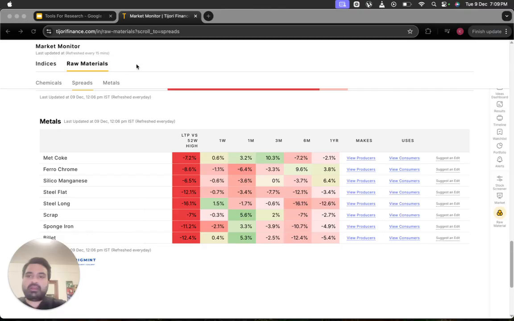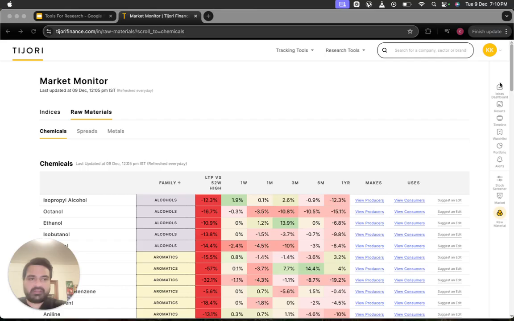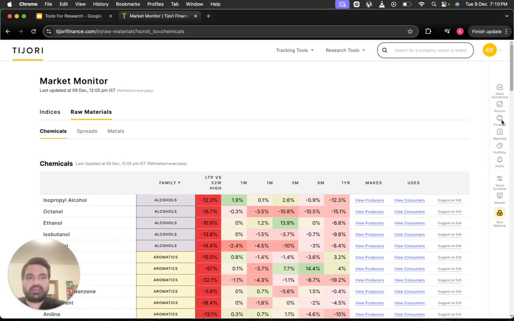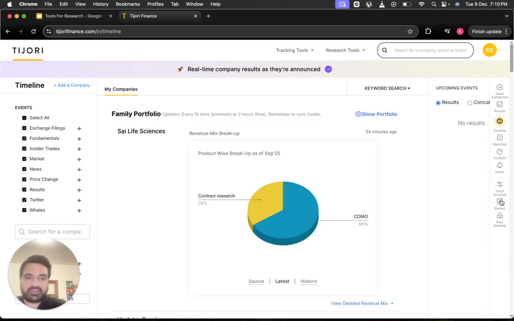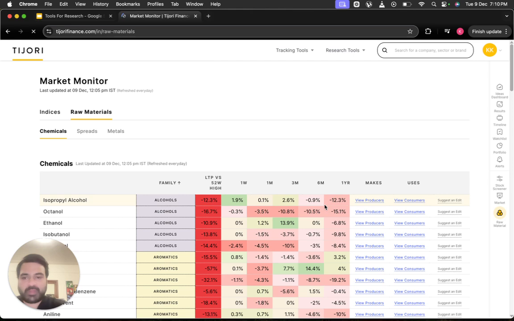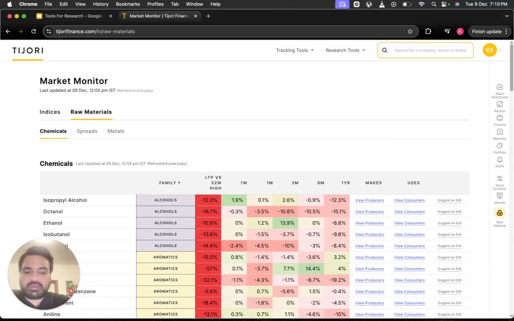Yeah, so why I really like Trendline is building your own watch list and then getting this customization on your timeline and in the ideas dashboard. Also, like we just saw, some of the overall macro and raw material features. And let me just show you a company here also, because there are some pretty cool features on company pages. Let's look at Acuta's Chemicals.